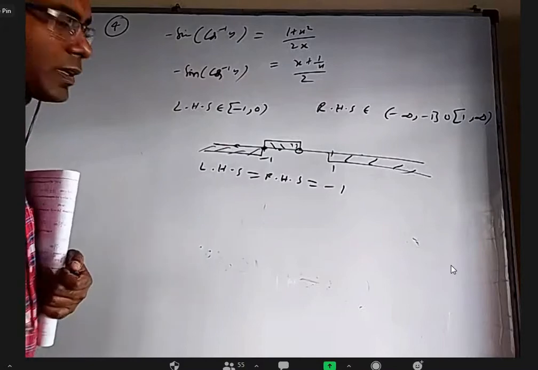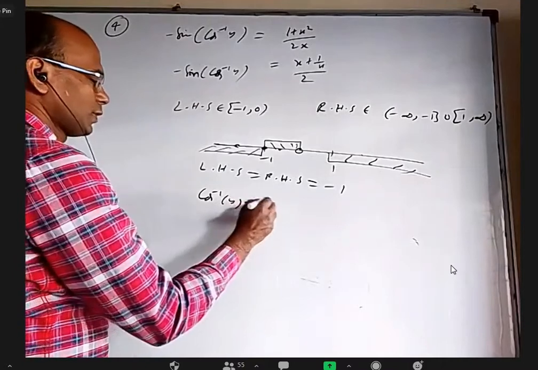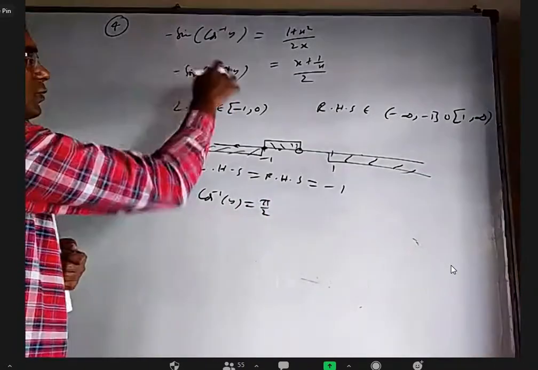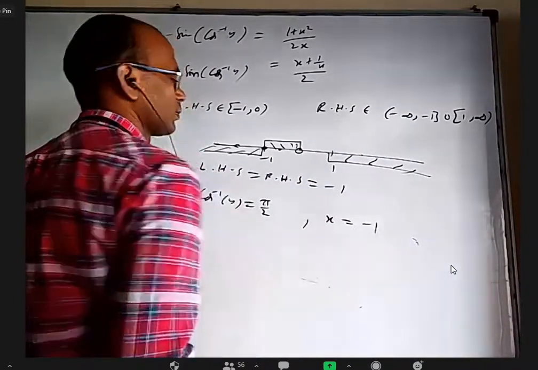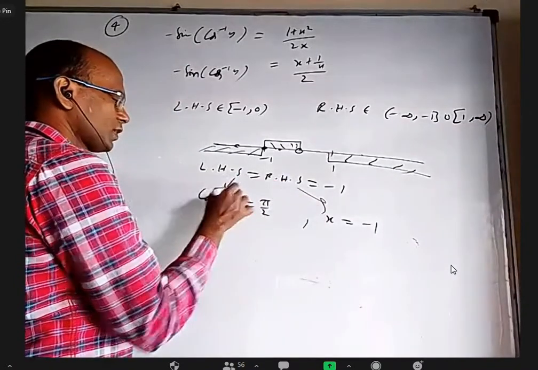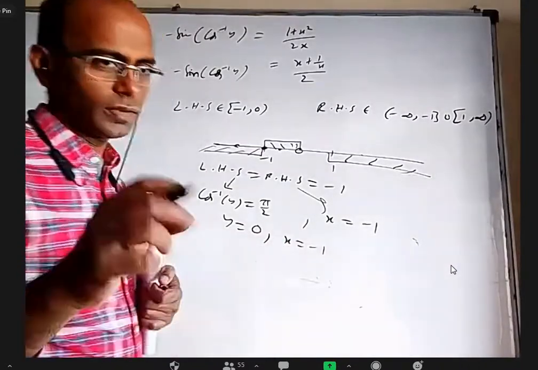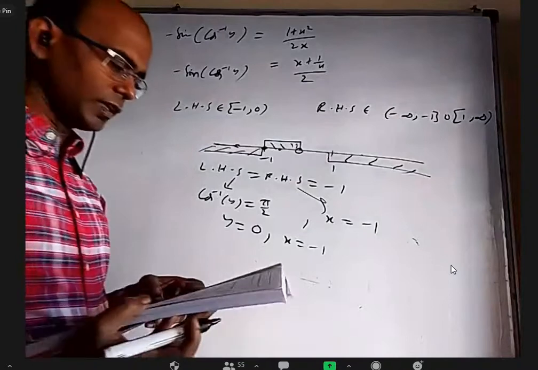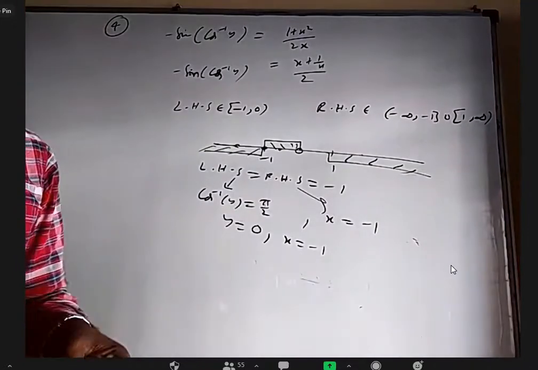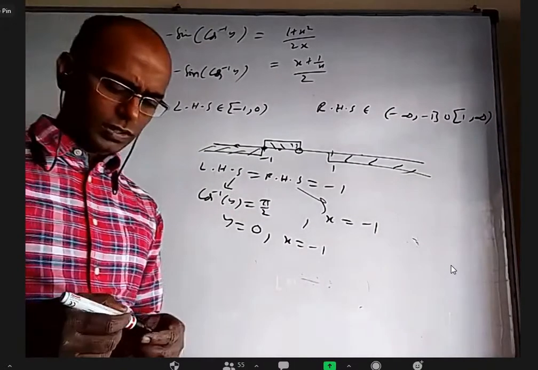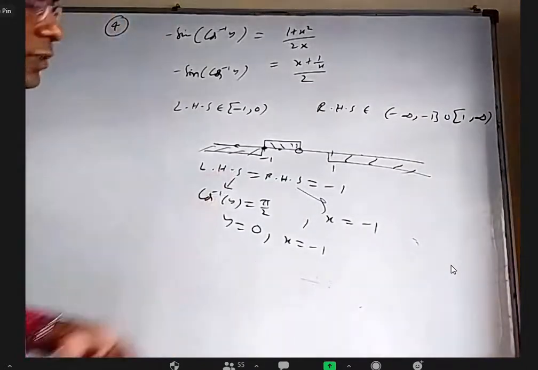But when will LHS be minus 1? Cos inverse y should be pi by 2, so that sin 90 is 1 and it will become minus 1. And RHS will be minus 1 when x is minus 1 here. RHS is minus 1 means this, LHS is minus 1 means this. So for that, y should be cos 90, which is 0, and x should be minus 1. So only when x is minus 1 and y is 0 will they be equal. If y is anything other than 0, the given quadratic equation will have complex roots. Okay. You can also do this question by b square minus 4ac greater than or equal to 0, where the x coefficient you can take as b. But this is another way to look at the same question.